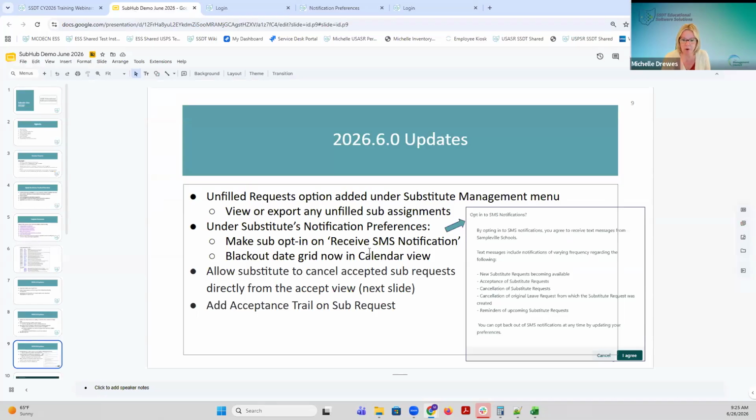Also, and I'm going to go right back in there, we have made the option of the blackout date to be now in a grid calendar view instead of in a grid view. And again, that's probably more for the mobile experience in order for them to see that information better via their phone. And so if I just go back in here again,